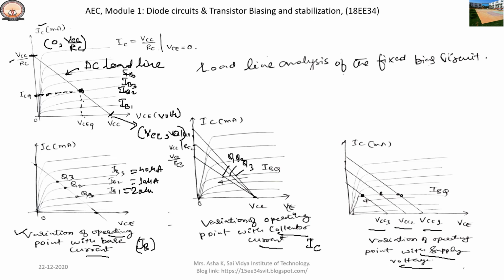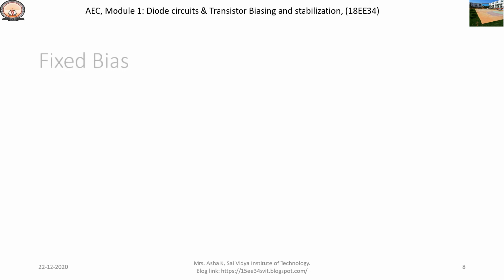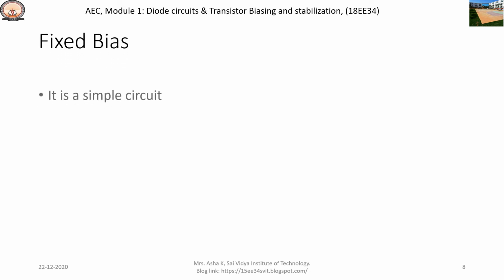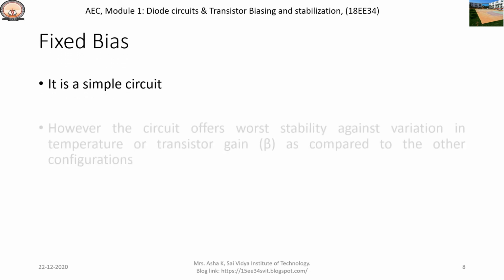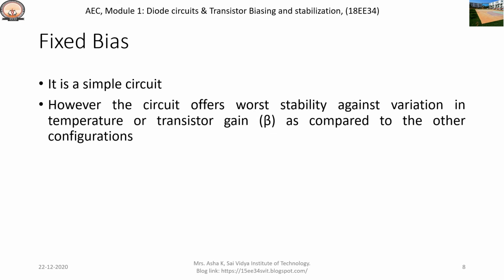The images here show the variation of the operating point with respect to the input current, the output current and also the supply voltage. As observed in the previous slide, even though it is the simpler circuit, however, it offers